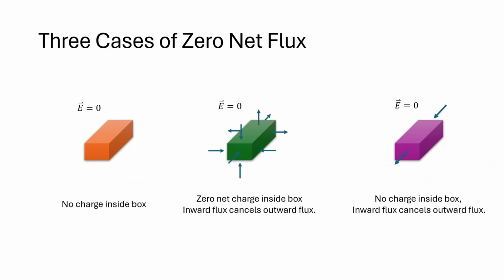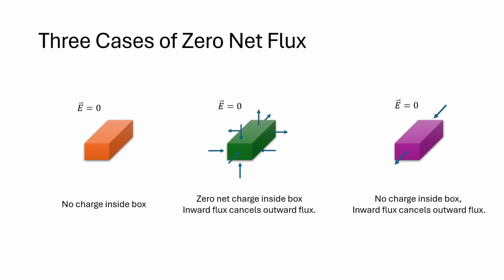Now this time, we will talk about the zero net flux. Kailan siya magiging zero yung flux niya or yung net flux niya. Okay? So, actually, we have three cases. The first case is that when there is really no electric field passing inside, or going outside, inside the box. So that is illustrated in the first box in colored orange. So electric flux in this case is zero, right?